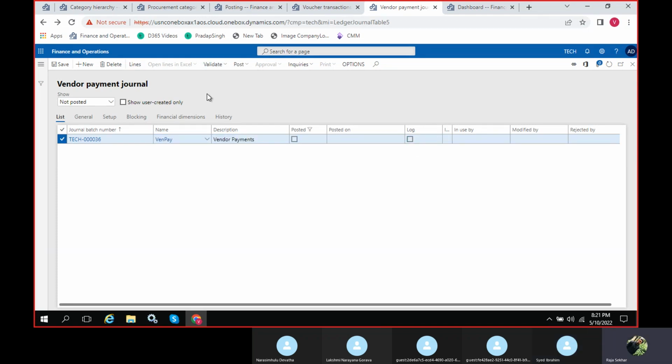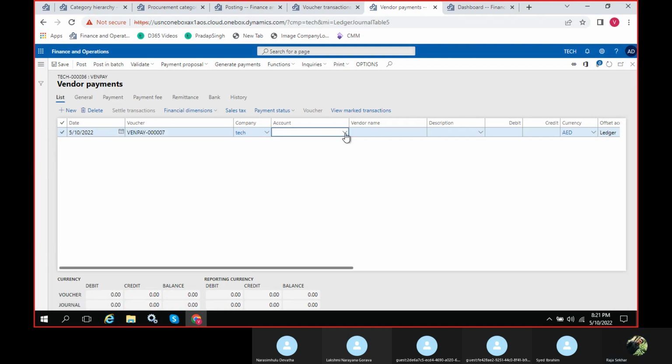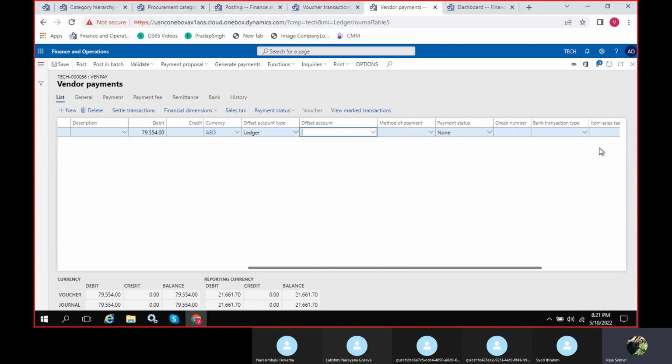If you just go to lines, suppose I'm doing this payment here, some amount, some bank I'll take. Here it is the check method of payment, check payment.